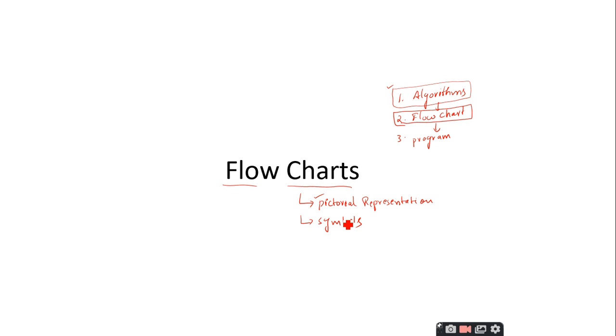Why are we going for this flow chart representation, or this pictorial representation? As we know, human beings find it much easier to remember pictures rather than textual data. So once you have the pictorial data inside your mind, it will be very easy to understand the concepts as well as to reproduce those concepts. For this purpose, we represent the algorithms in pictorial form, which we call the flow chart. As I told, we have so many symbols that are used for drawing these flow charts, and let us have a look at all these things.